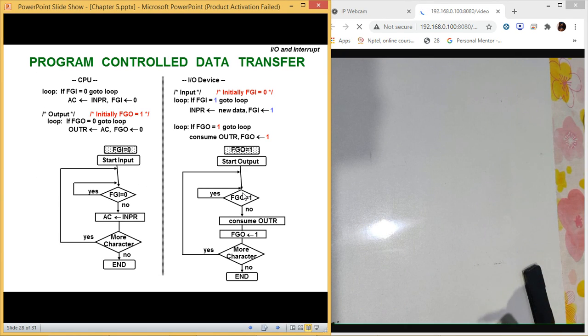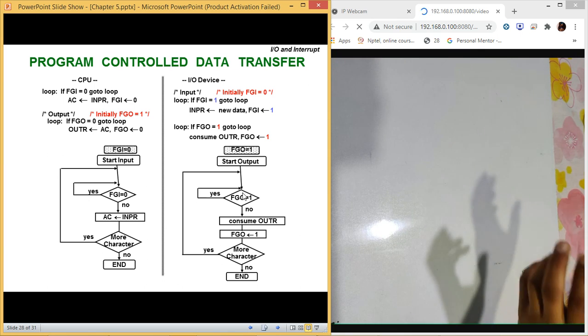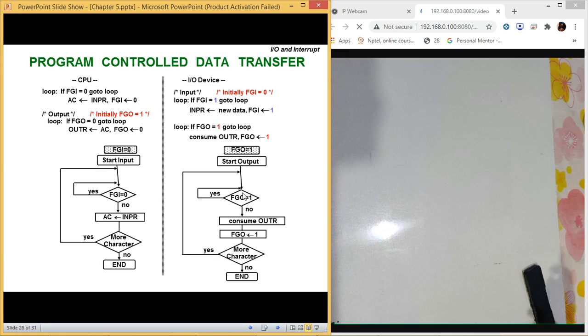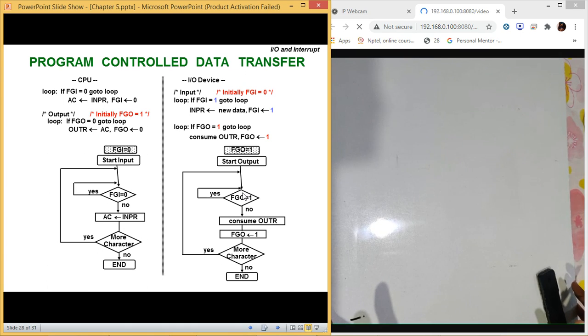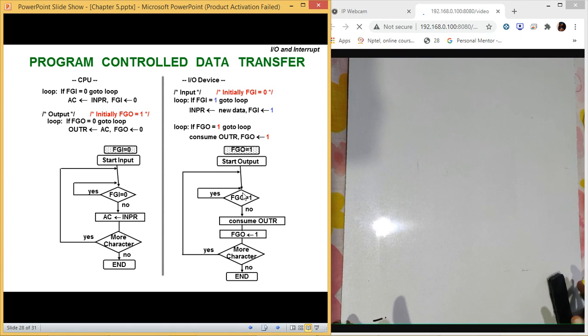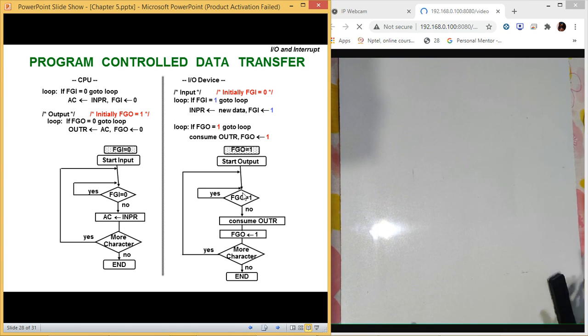Means my system was having only that much speed as much as my input output devices are having. If my input output devices are fast, then my CPU was fast. If my input output devices were not fast, my system was slowed down to the speed of input output devices.